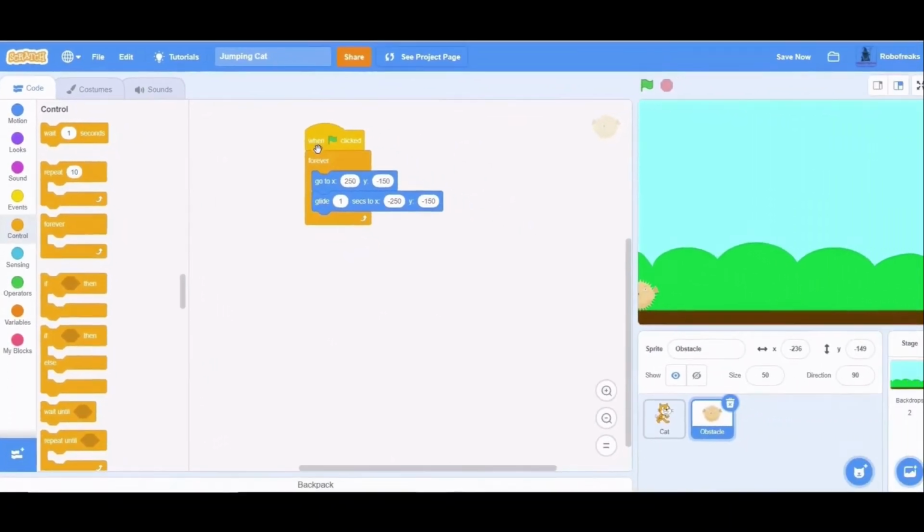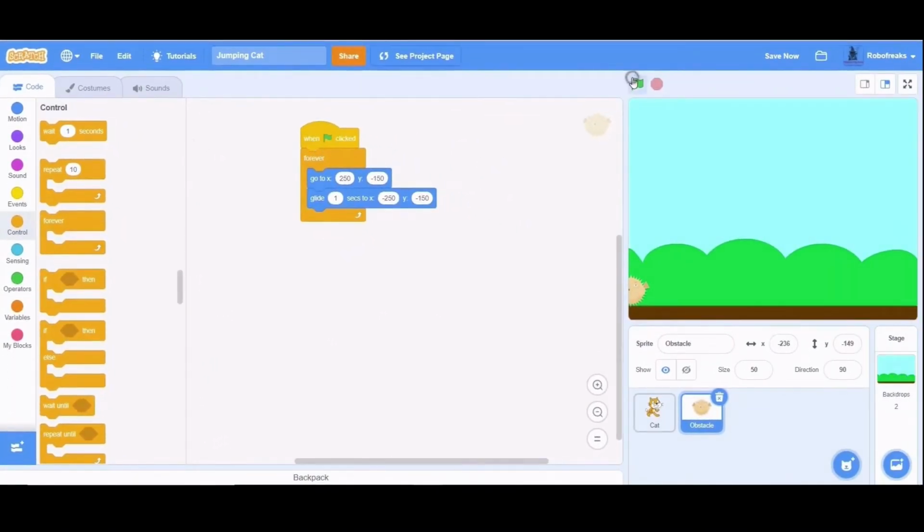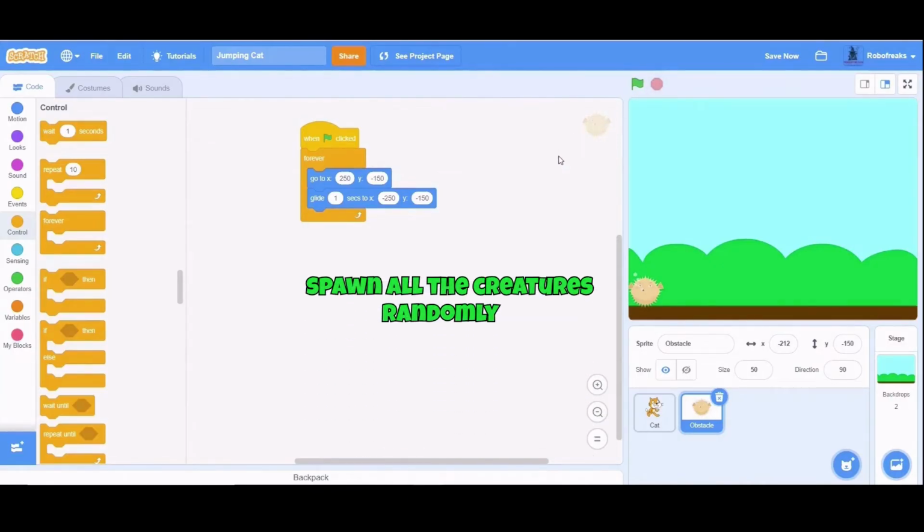Let's see if our logic was right. Hey, cool! It works as we thought. But we should not forget we have 4 different costumes and we need to spawn all of them randomly. To do this, I will use the switch costume block.